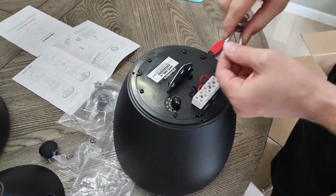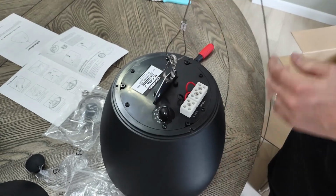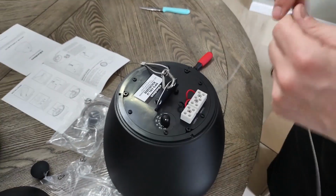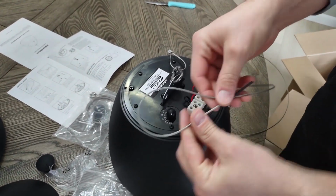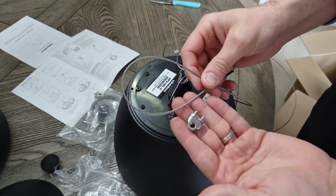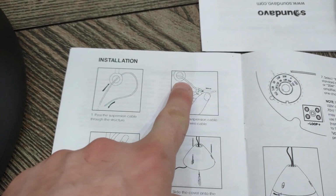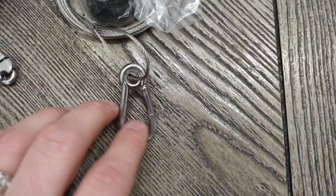So connecting the carabiner to the bottom is what the instructions showed. The way I ended up doing it was a little bit different. It was actually snowing the day that I was doing this, so I wanted to do all the connections inside and then just clip it up outside. So that's what I did. I don't really think it matters one way or the other, so just pick whichever way you think would be